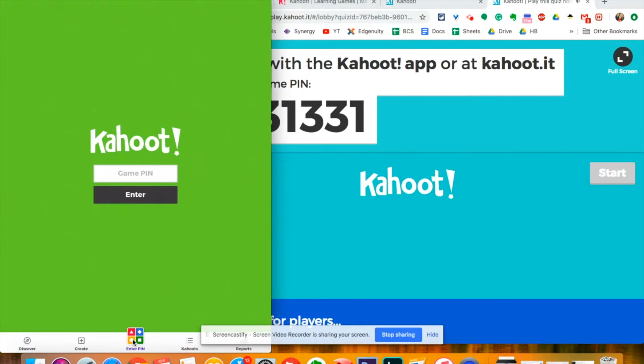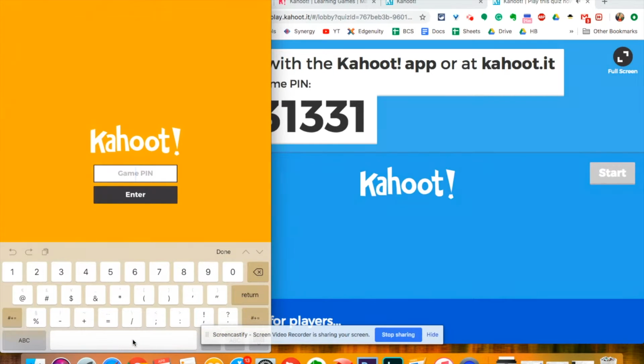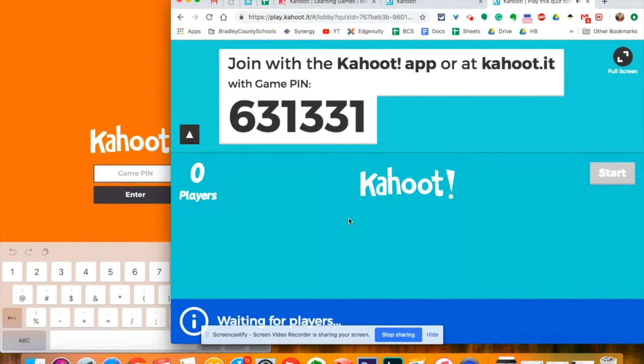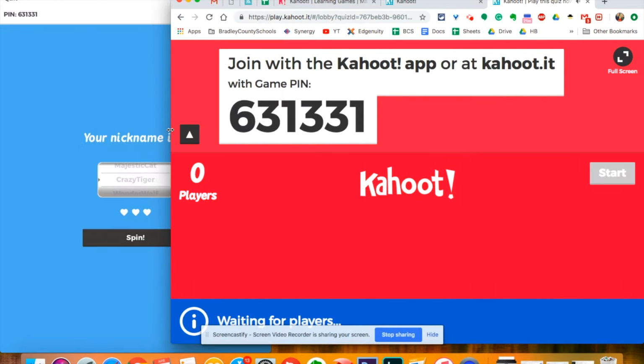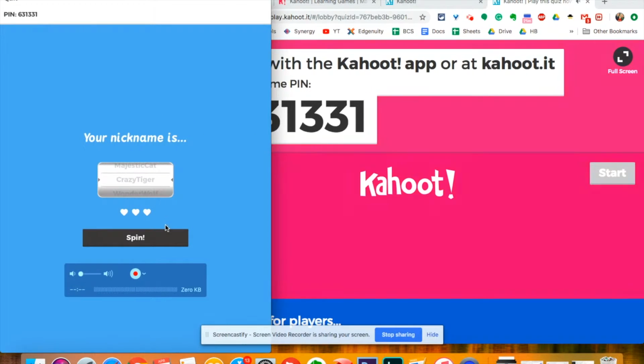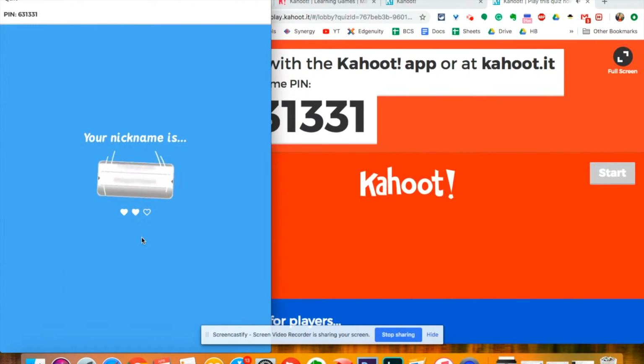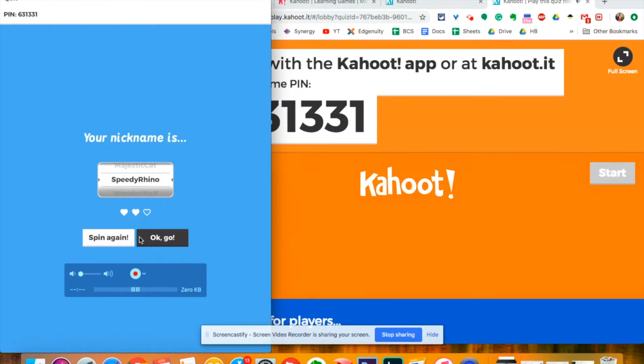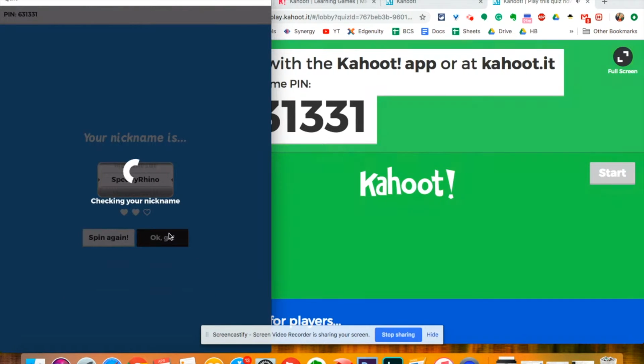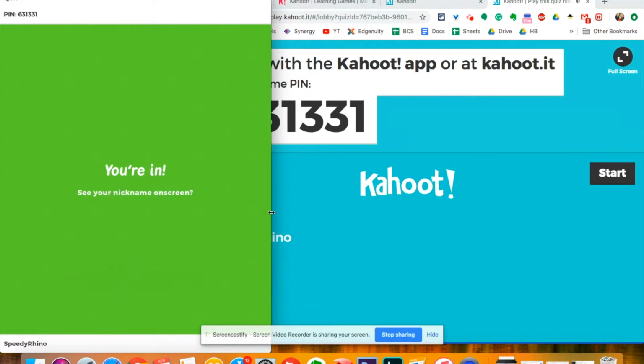And then they will put in the pin number, 631331. Then enter. Here's the nickname generator. So they can spin again, or I would just go ahead and hit OK, go. So that will be their name